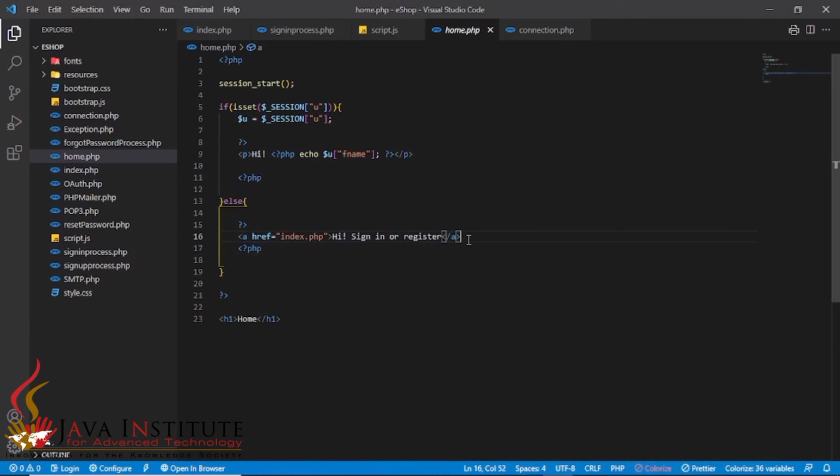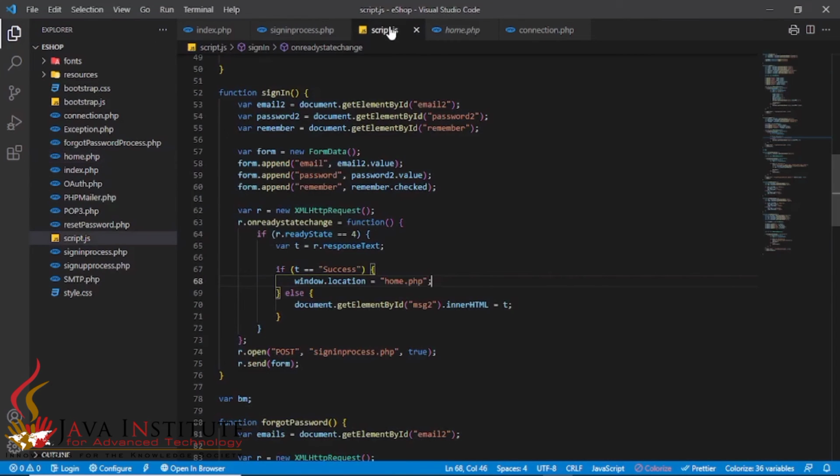So okay, this is the way I have created the home.php file, simply for doing this video, for explaining to you how this sign-in process is working. Then if the response text is not equal to success, that means in this else condition I said that I should put this message into this paragraph tag which has the id message, in HTML, the text we have gained from this sign-in process.php file.